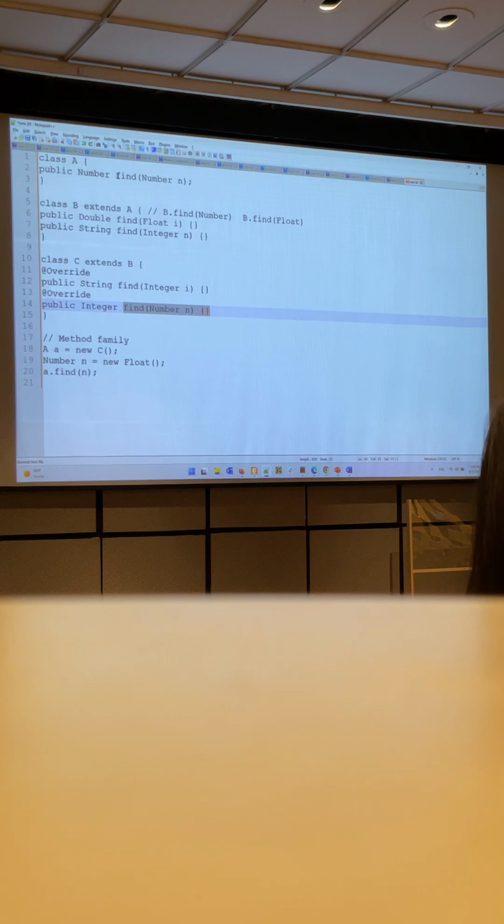Of course, the result may be different if we are dealing with a method family with more than one method in that family. Right? So here we have two, right? Find number and find number. There are two methods in this family. For example, this find with a float, this entire method family consists of only one method. So no matter what, this method is going to be called. All right,